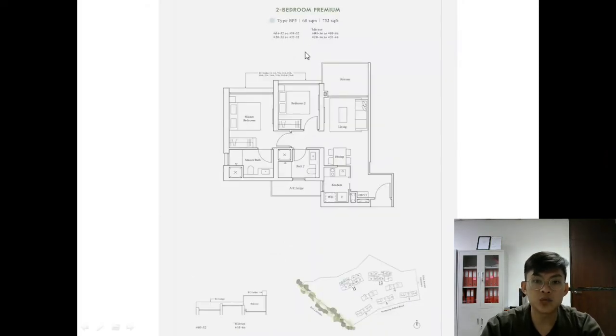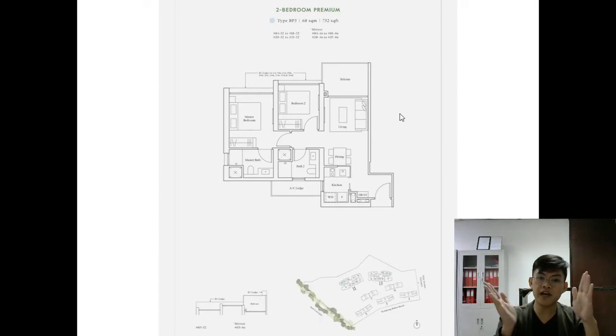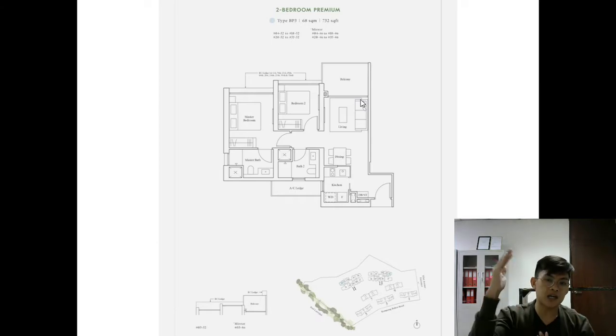Okay, 32 and 46. Just now as I was mentioning, 46 is actually the mirror image of this layout, so I'll talk about 32 first. If you orientate 32 45 degrees towards your left, you can imagine that your master, your bedroom 2, and your balcony are all facing the expressway. If you're living in the Peak collection, that means you're on the 36, 37 floor onwards, yes, it may